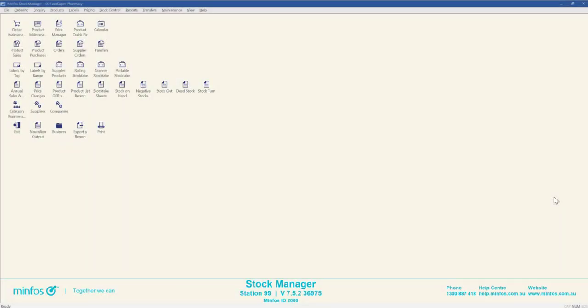Stores that provide a hiring service to their customers are required to enter each individual product into the Minfos database. These products are unique to each store and need to be maintained at the store level. Multi-store groups can choose to maintain these products at the head office or store level. If your store is part of a multi-store group, check with your head office to ensure that you are following